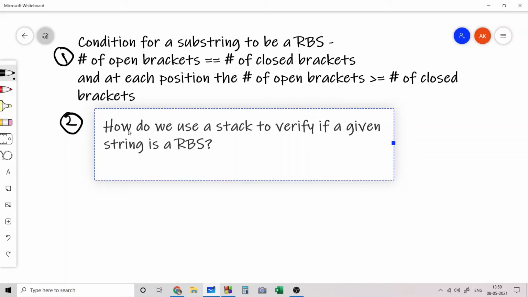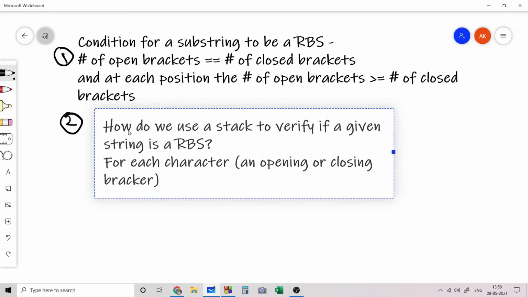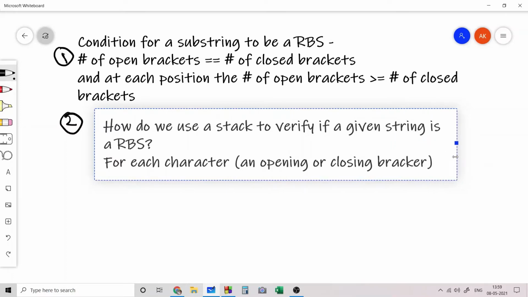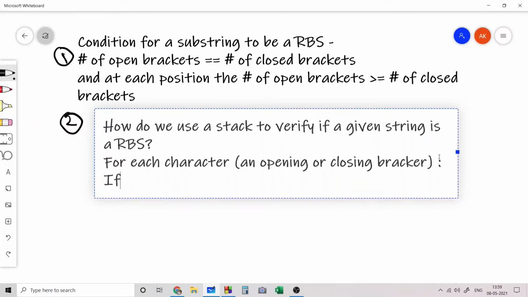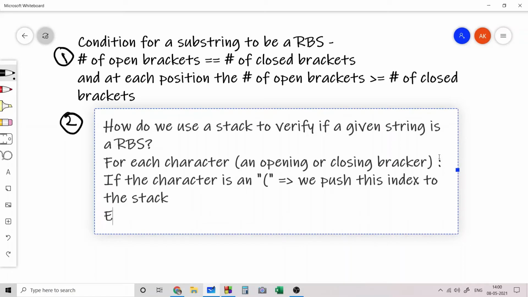If you know about stacks, then the idea is that for each character that is an opening or closing bracket, if the character is an opening bracket, then we push this index to the stack, and otherwise we pop off the last index from the stack. That's what we do normally to check if a given string is a regular bracket sequence.